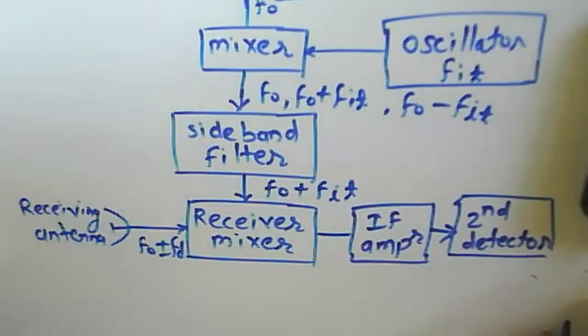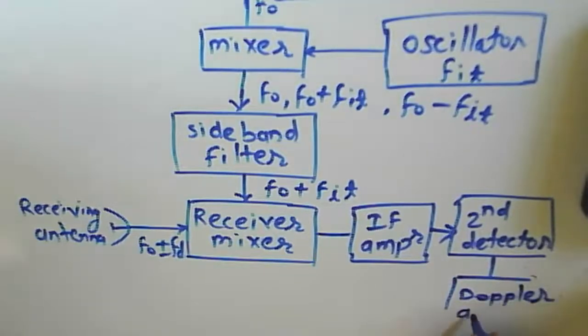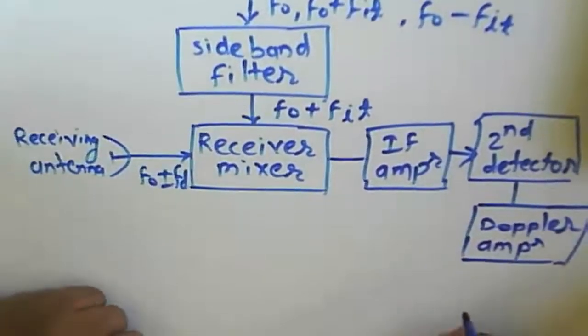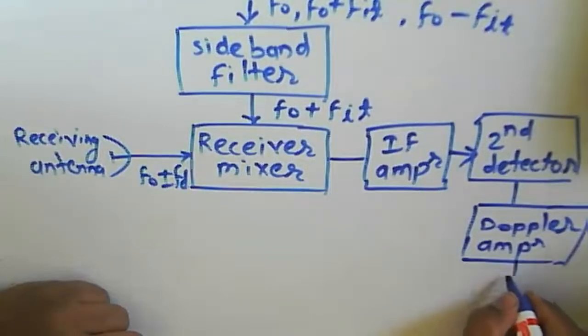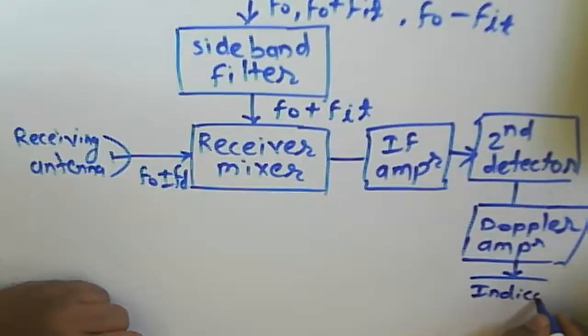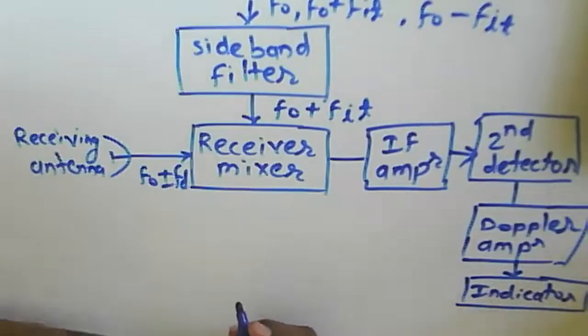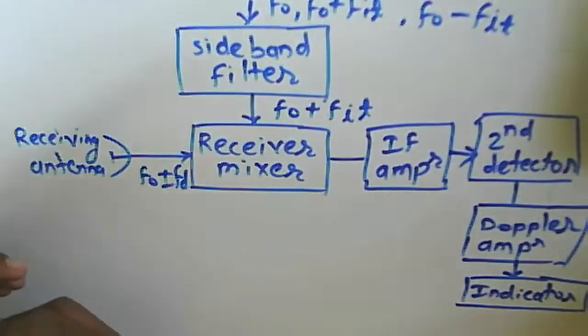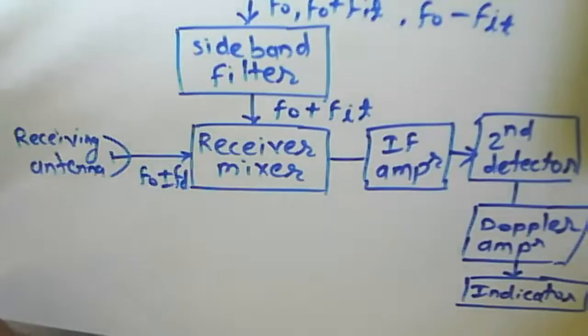Okay, this one is about a second detector. Then we consider a Doppler amplifier or a filter. Okay, filter amplifier. So this one is about a Doppler amplifier, and then we say that there will be an indicator. Say that this one is about an indicator. So now in this case,